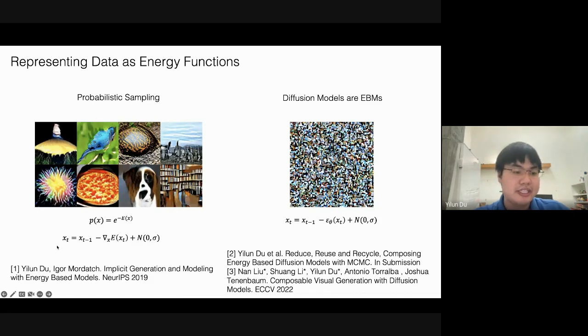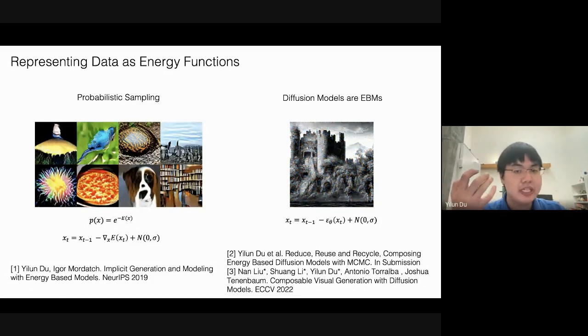If you look at the left-hand side, what happens is you take a random noise image and you take a gradient descent step on the energy to get a slightly refined image. With a diffusion model, you basically learn the gradient of the energy function. So you have a network that predicts an update to the noisy image. And if you look at this image formation process, it also starts from noise and gradually constructs your final image. And really, the thing that allows you to do the exact same things with energy-based models and diffusion models is the idea that both of them formulate generation as an iterative process, which enables you, on one hand, to adapt your computation for harder problems, as well as compose different models together.